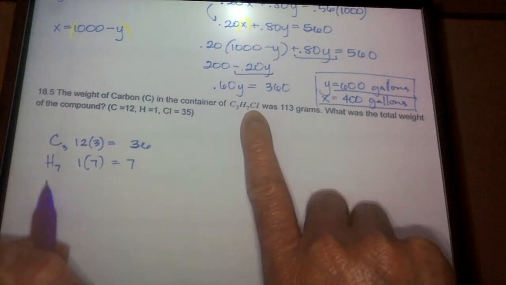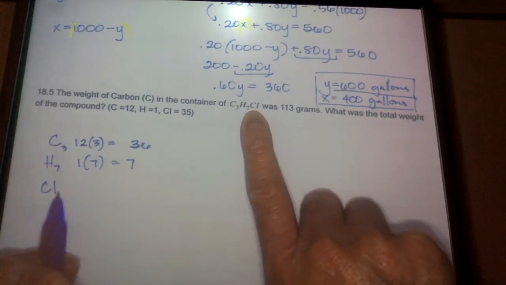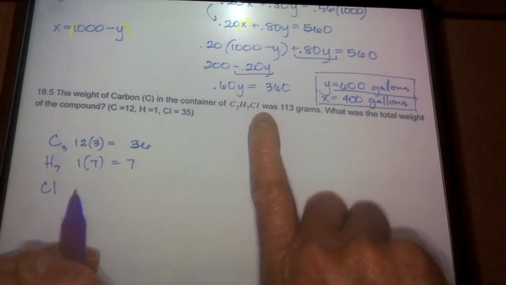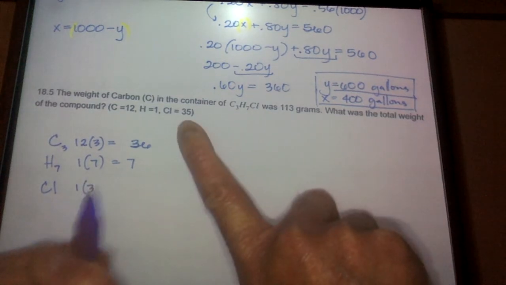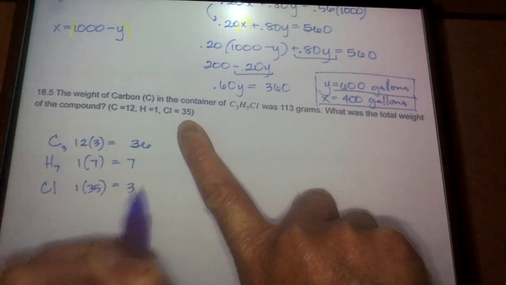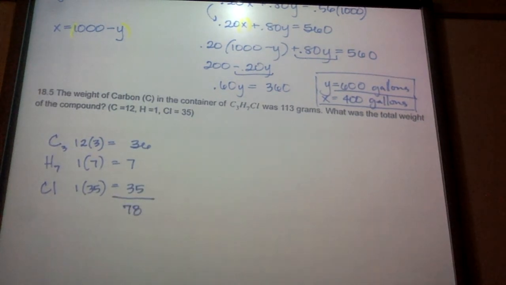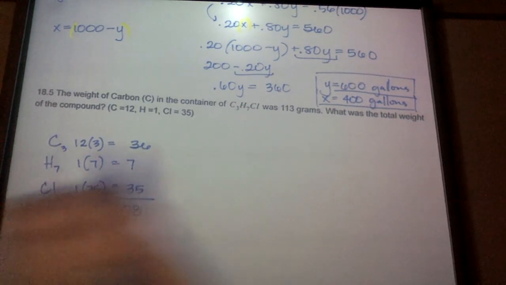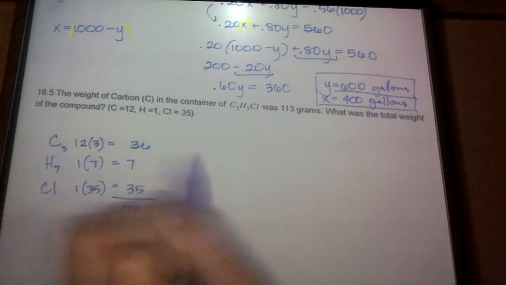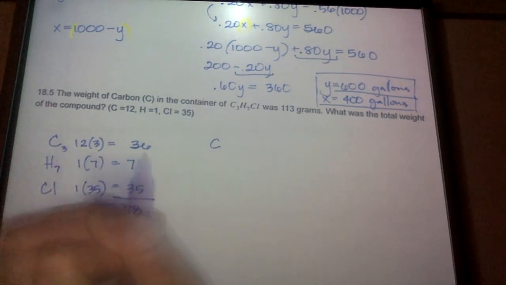And I am guessing that's chlorine. I don't know, though. I don't remember chemistry. I'm going to assume there's an invisible 1 there, and it says 35, so 1 times 35 is 35. So if I add these up, I get 78 grams. It's asking what the weight of my carbon is. It wants to know the weight of carbon, which is C. So C is 36,